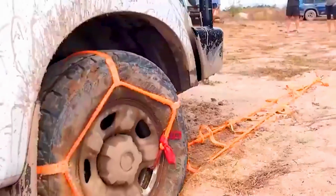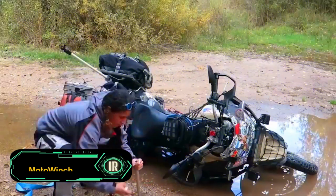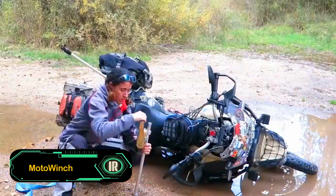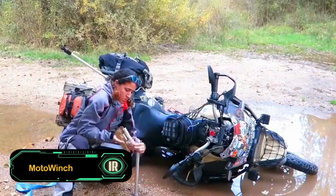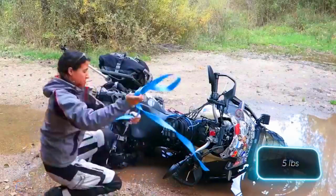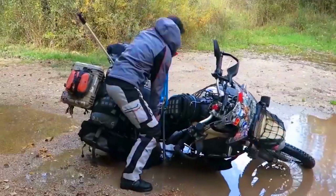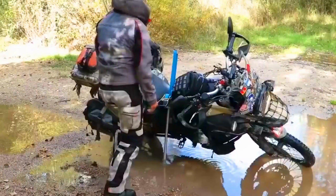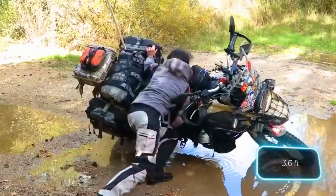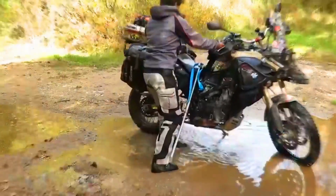Meet the world's first friction MotoWinch. The MotoWinch jack is perfect for those who can't lift their motorcycle out of the mud on their own, whether you're off-road or in the city. That won't be a problem anymore. This compact and lightweight jack weighs only 2.3 kilograms and can easily handle anything from a moped to a chopper